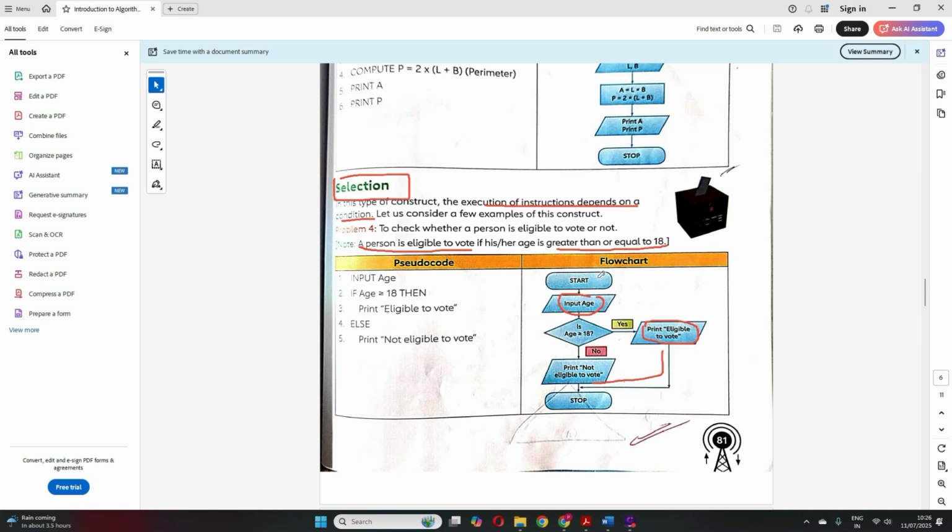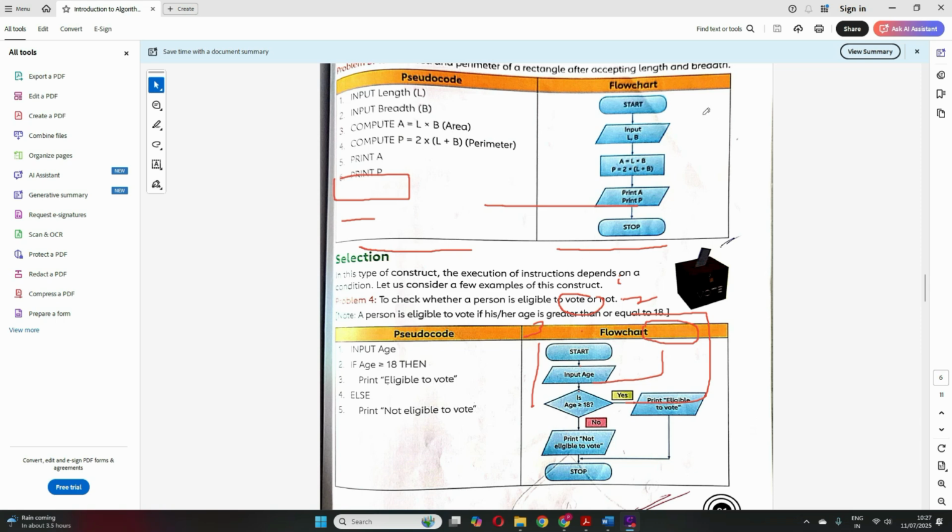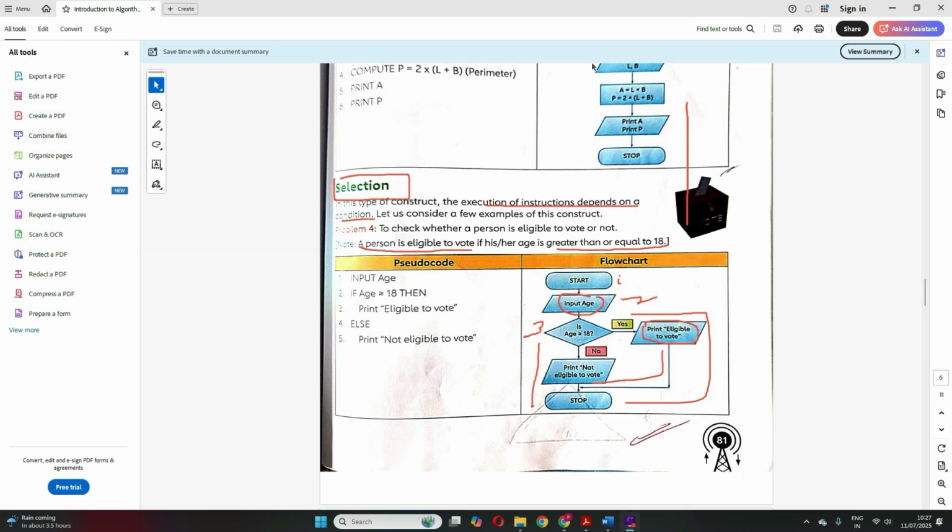So here, see, it doesn't come in a sequence. It's not like this first, this second, this third, fourth, fifth. No, here first, second step. In the third step, we are doing a selection. Either we go this way or we go this way. Okay, so here it's a selection. Clear? And in a sequence, it's a single line. From top to bottom, we are coming together. I hope it's clear now, right? So now let's move on to the other examples.